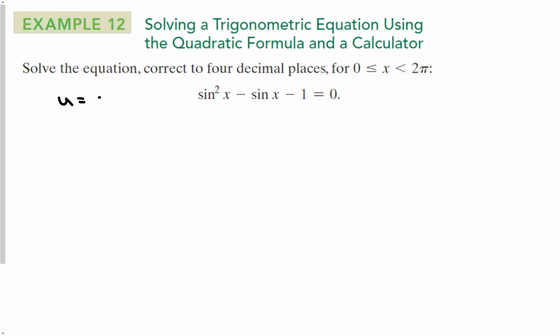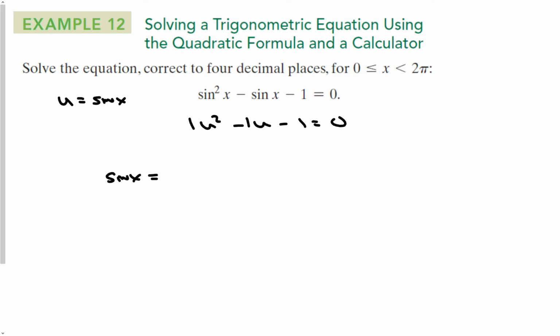So u is going to be equal to sine x, which changes this to u squared minus u minus 1 is equal to 0. That does not factor. There are no factors of 1 that subtract and give you negative 1. So we have to use the quadratic formula, which means that u is going to be equal to, and because u is equal to sine x, I can just replace this where the sine x is going to be equal to